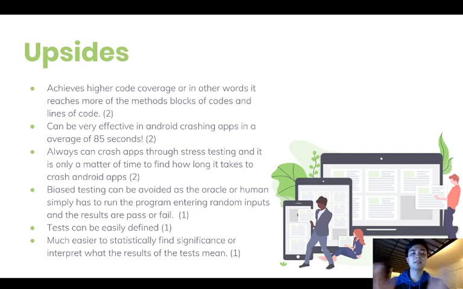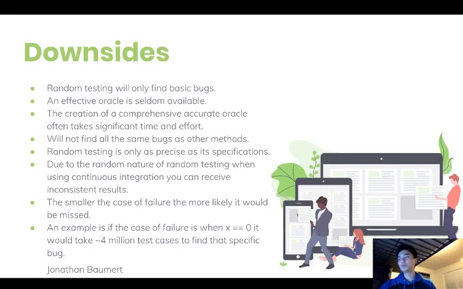So this is a great upside: those random tests can be easily defined, and it's much easier to statistically find significance or interpret what the results of the tests mean, right? It's a much simpler way to conduct those tests. So let's go now to the downsides, right? What are some of the difficulties? What are some of the challenges that we face